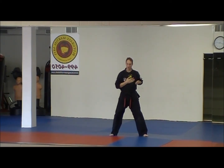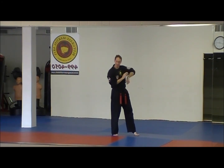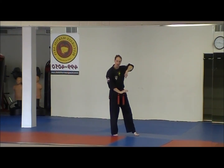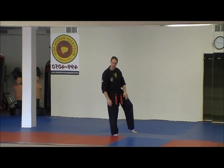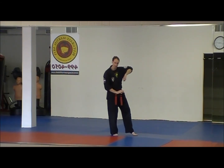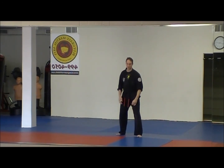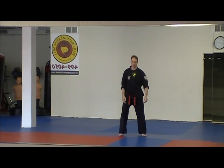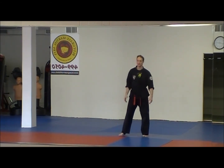Step, pin, step over an elbow, turn sideways into that cat stance, obscure elbow. Now I'm using my other hand to push his arms off. As you hit that elbow to the chin, you should be able to free the arms that are wrapped around you now, so that you're free from that bear hug hold. As that elbow comes up and I free myself, and I'm in cat stance, so I'm light on my right foot anyway, most of my weight's on the left, I'm going to finish with a side kick to the inside of his right knee. I'm going to blast him with a side kick right to the knee. So boom, line that up, we'll blow the knee out,